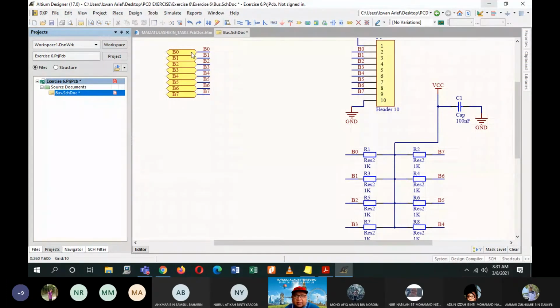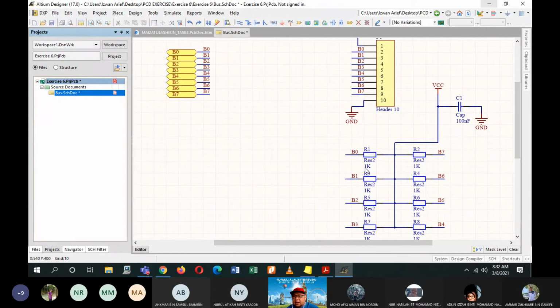This is the port B0, but this line here is the net of B0. This is port, and this line here is net. So give each net the same name as the port: B0, B0, B1, B1. And the same goes to the header, B0 up until B7, from pin 2 until pin 9.